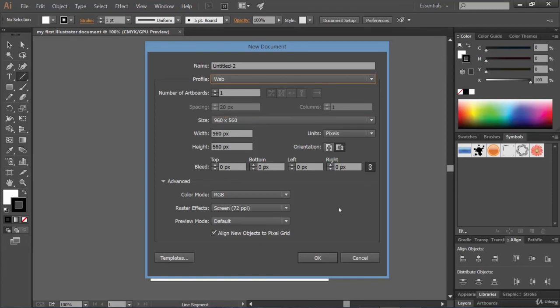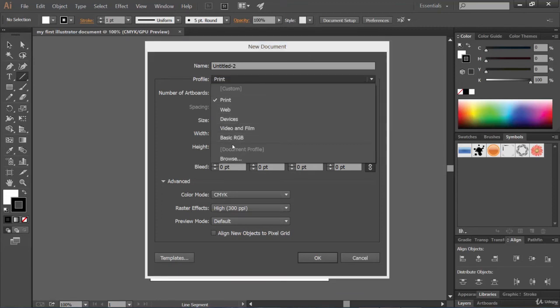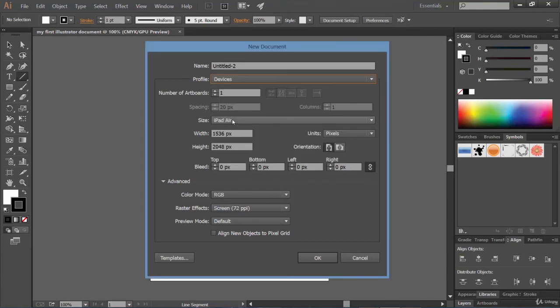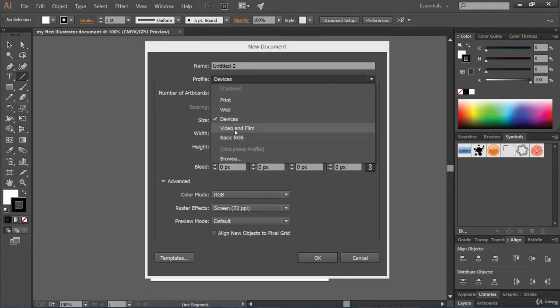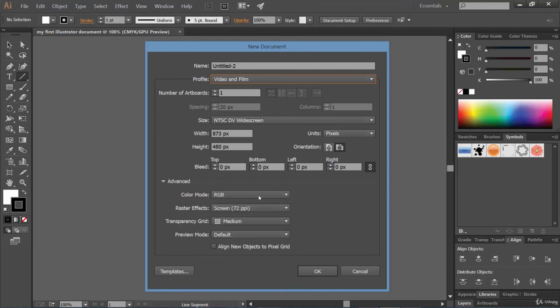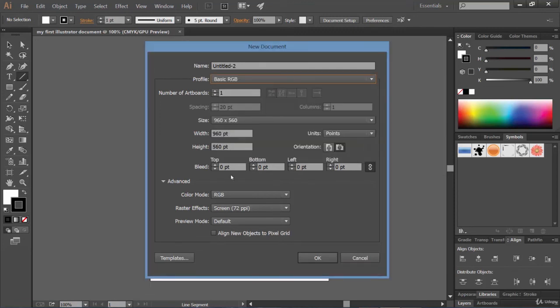See, another thing is that for web, it's 72 ppi. For print, it's 300 ppi. Now, for any other profile option other than print, it's I guess 72 ppi. Let's select devices. It's 72 ppi. Video and film, again 72 ppi. Basic RGB, again it's 72 ppi. So for print profile, it's 300 ppi, 300 pixels per inch.